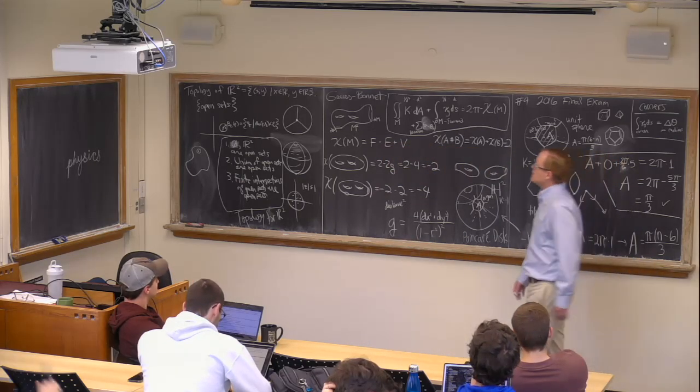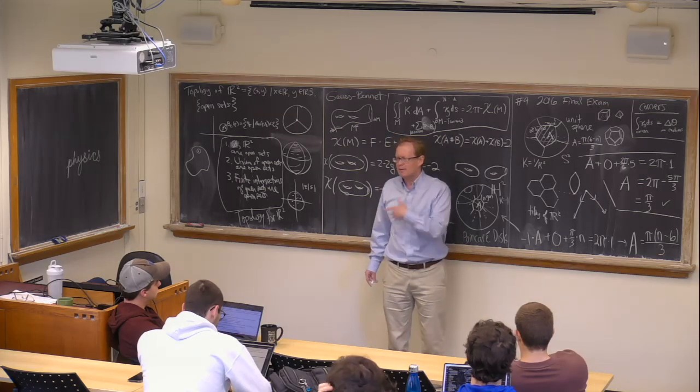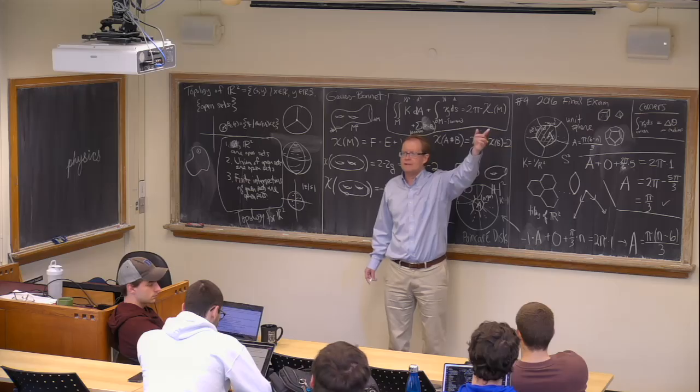So for example, one thing you could do is take the standard topology on R2 and add a point at infinity. This is done, people talk about that all the time. You've probably heard of people say add a point at infinity. And